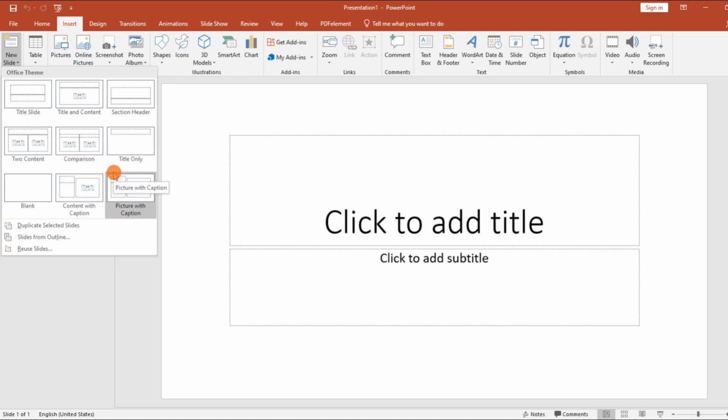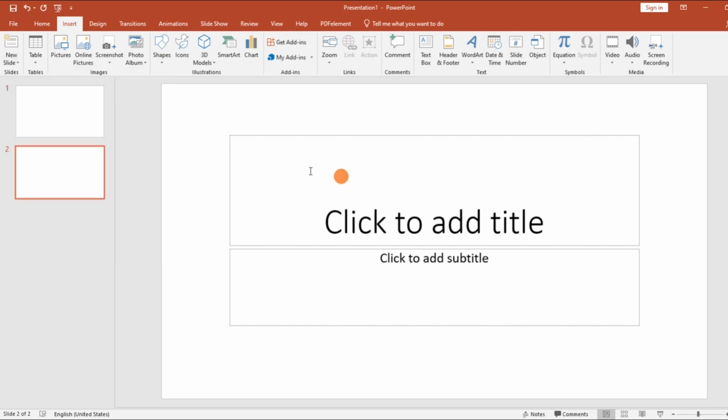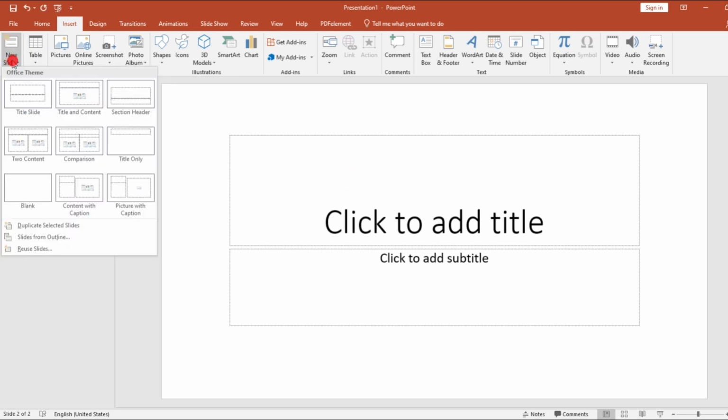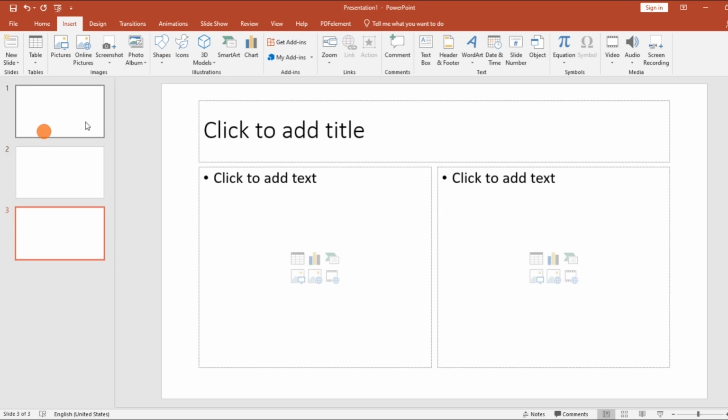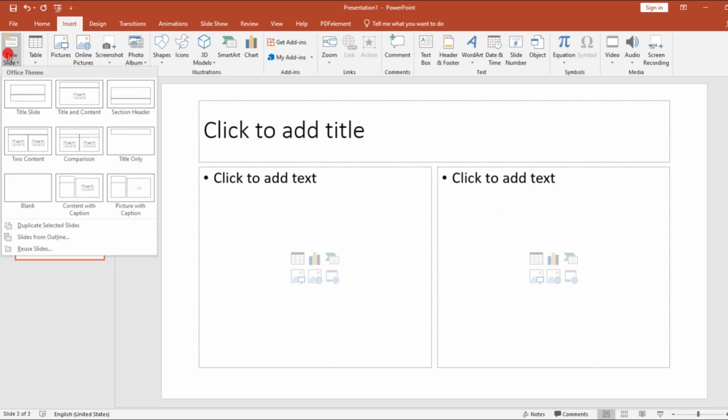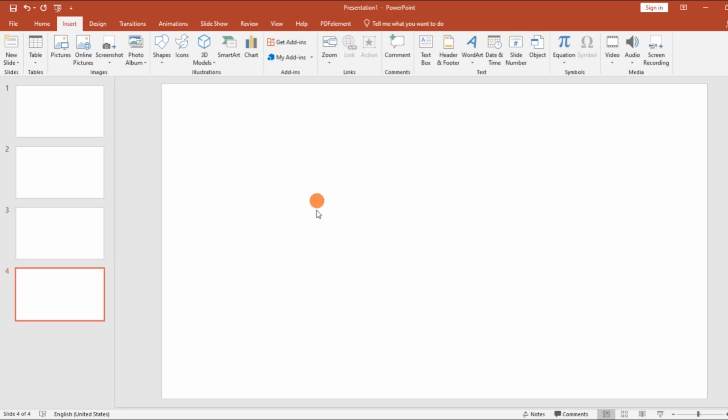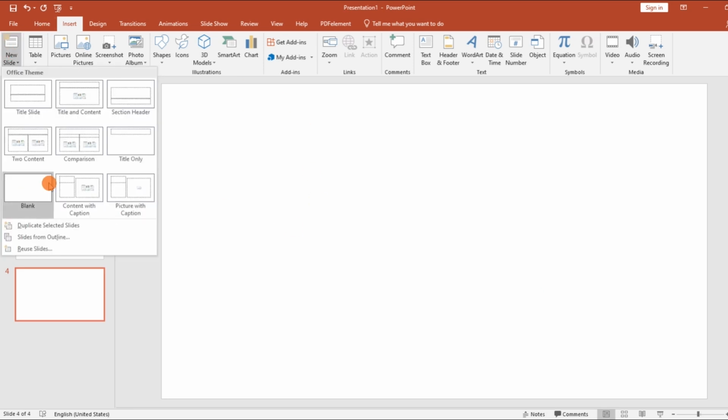You see a template. Or you can choose a blank slide. You can choose a content with caption. You can choose picture with a caption or title only. So let me click a title set like this one. I can also click on two contents. Look at how the layout is going to be. You can also click on a blank slide, which is like this, and you can choose any kind of slide